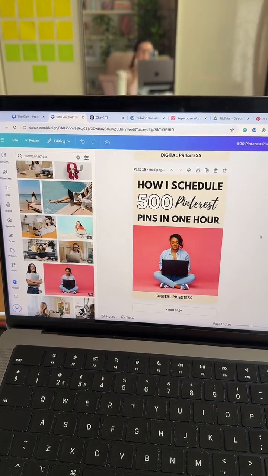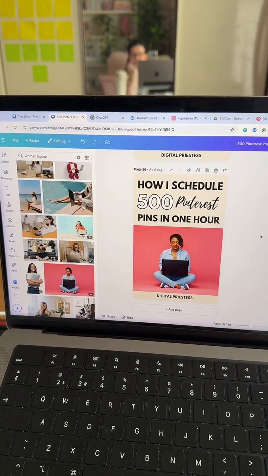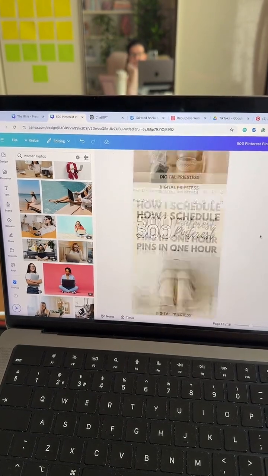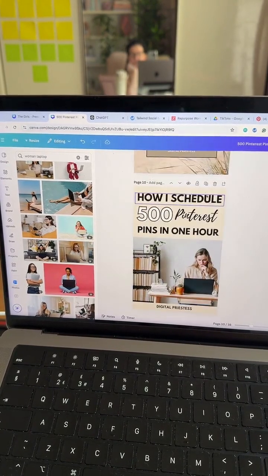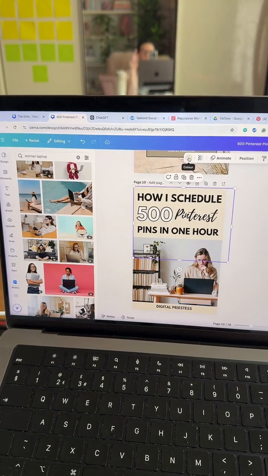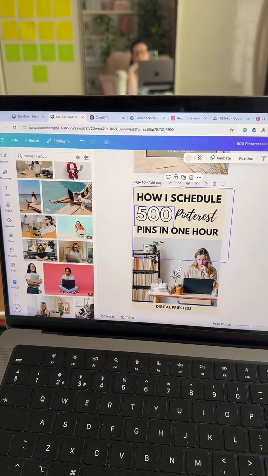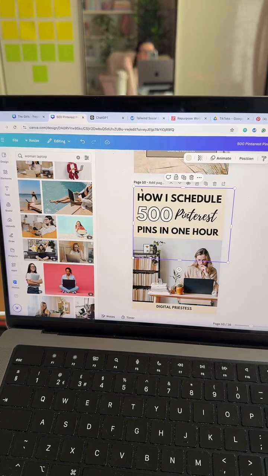Nice, colourful. I like my pins to be quite diverse as well. So I'm going to go through now, like different ages, different races. Right, let's go through. So this one here, I'm going to change the color, and I've shown you this before, guys. But if you are using a certain image and you want to make the pin more aesthetically linked to that image, if that makes sense.